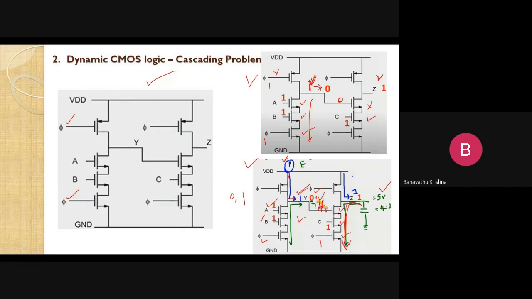When it changes from logic 1 to 0, we get some response, but previously some amount of voltage has dropped down. So finally we get the output response as 4.2. This is the problem when connected in cascade. We will now discuss what techniques we follow to overcome such a cascading problem. So these are the two problems here.